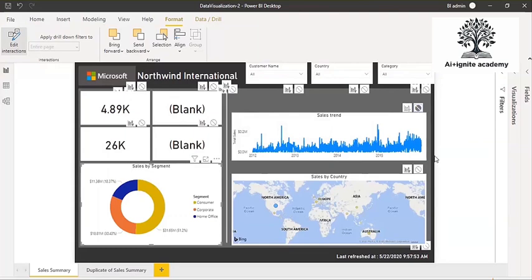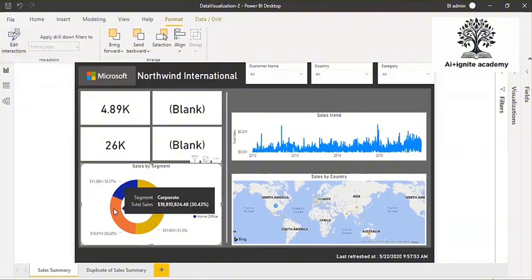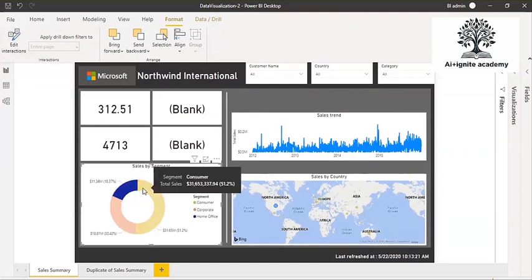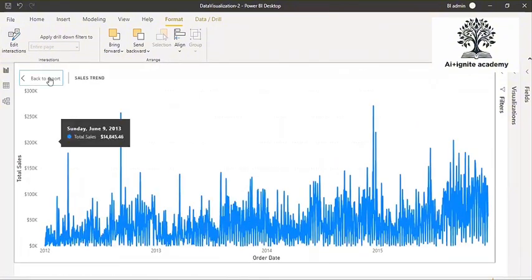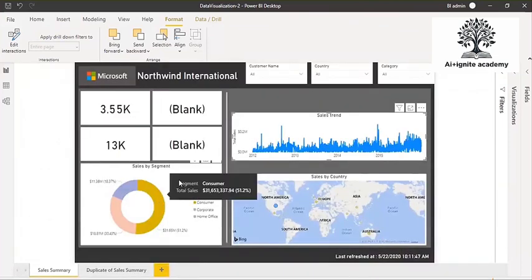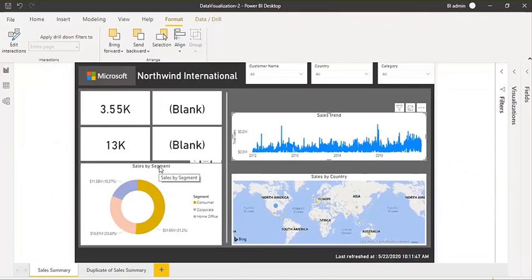In the same way, you can do this for the other visuals also, but as of now I'm just changing this setting for the sales trend. Now close this edit interaction. Now select any value in the donut chart, and you notice all data is filtering in your dashboard except the sales trend chart. So it means you have disabled the interaction between the donut chart and the sales trend, which is basically a line chart. In this way, you can manage the interaction of your visuals.